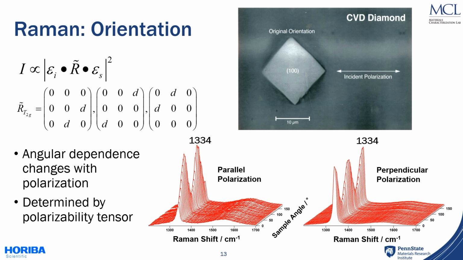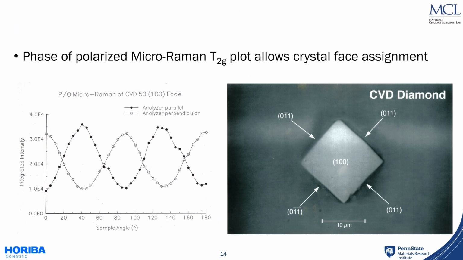So the intensity depends on this polarizability tensor, and what you can see is an example of CVD diamond, 100 oriented. The incident polarization direction comes in one direction, and depending on whether you do parallel or perpendicular polarization, you see a difference in the number of peaks and the angles that you get with respect to the sample. You can go through and do these measurements as a function of angle, and because the symmetry of the crystal gives you the polarizability tensor,